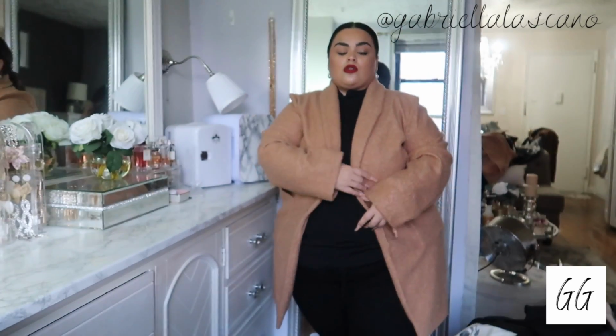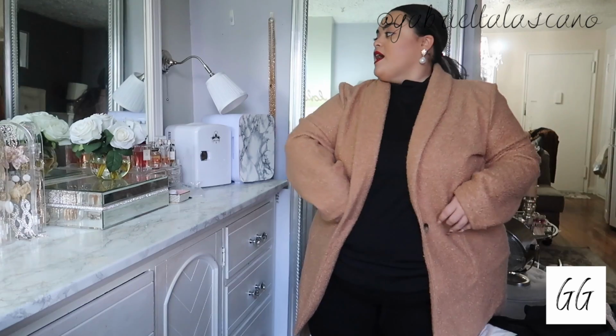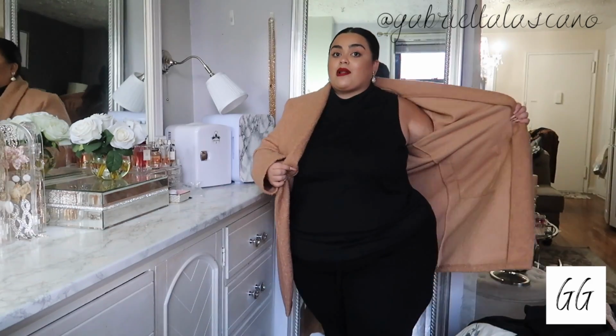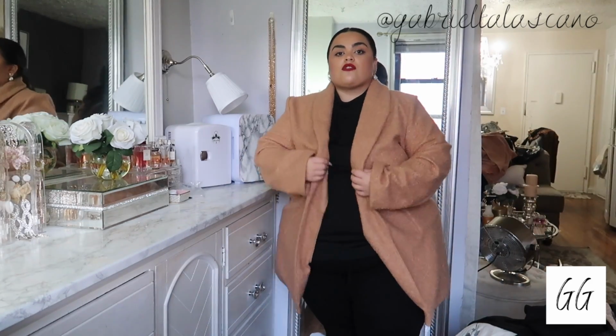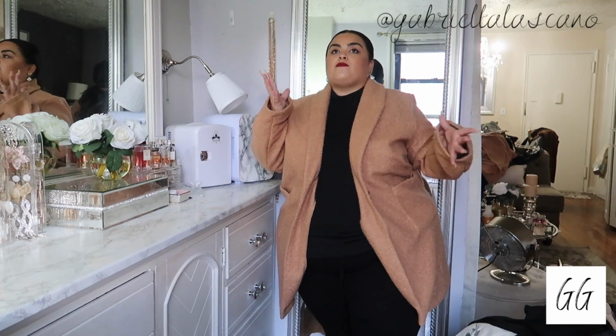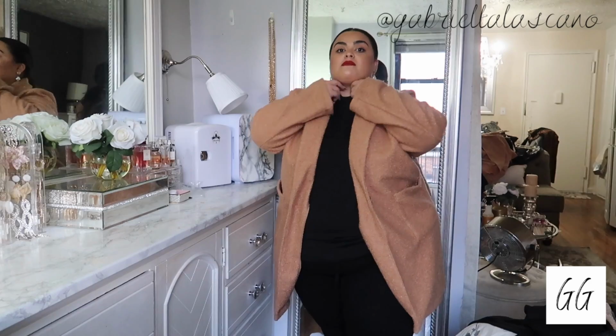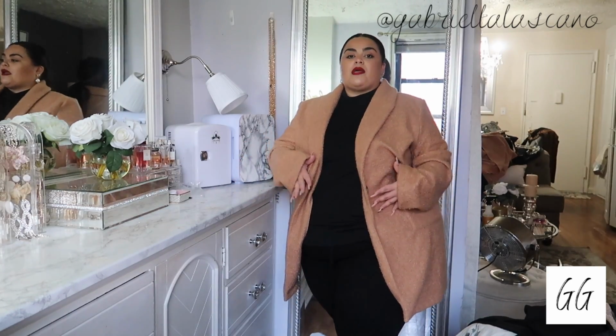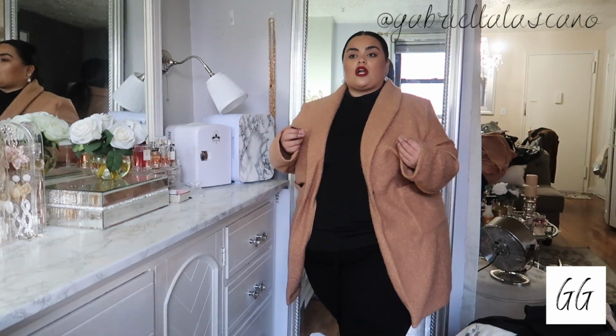It's absolutely beautiful. It's like a teddy kind of coat, but it's more of a casual blazer, and I absolutely love it. I think it looks so chic, mixed with the little turtleneck that you get here. But then again, I'm not hot because it's sleeveless, so this is perfect for when it's like 40 to 50 degrees. I'll be warm enough because my neck is covered, but not hot because I don't have long sleeves on. And I just think altogether with these pants, you can pair this with some nice sneakers,